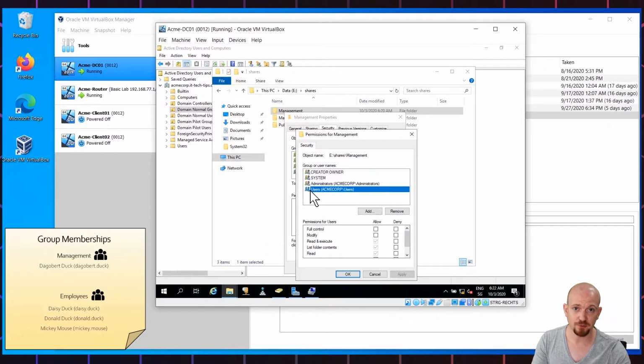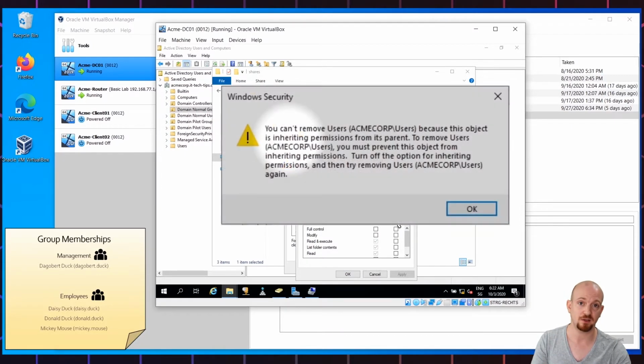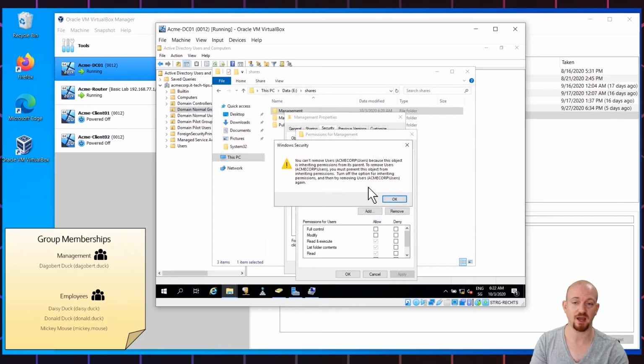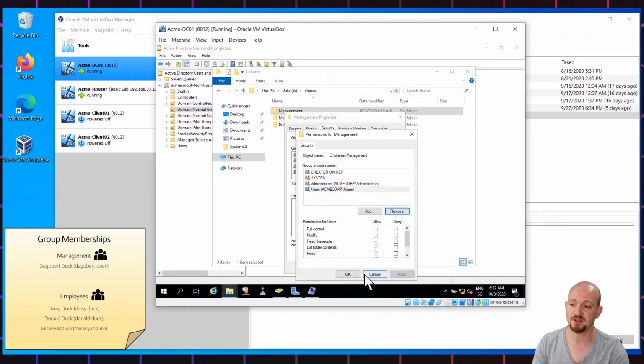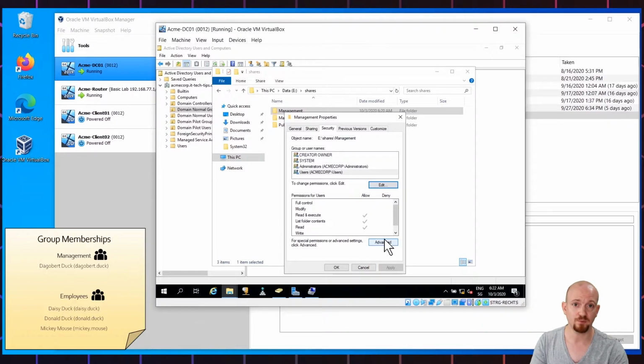Try to remove the users by clicking on the users and on the remove button, and you will get a notification that you cannot remove or modify in any way this list of permissions because the permissions are inherited from the root folder. So if you want to modify something here, you have to disable the inheritance first so you can set permissions to this folder specifically. Click OK on the notification and on cancel, but only on the first window,